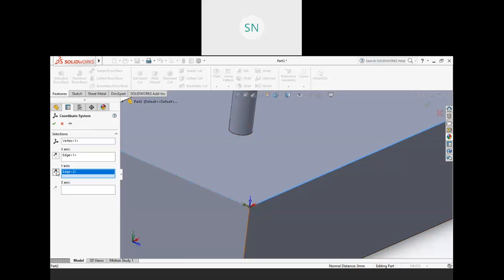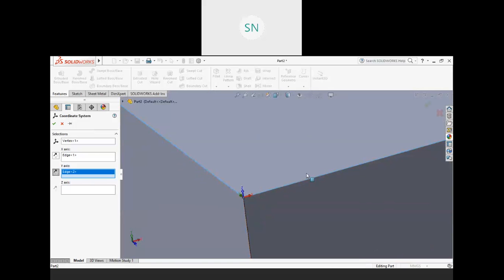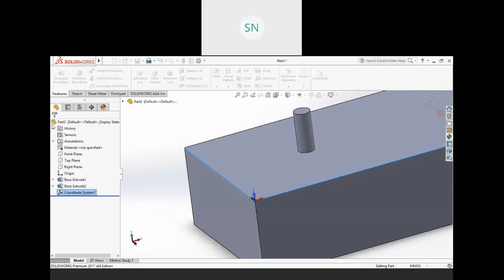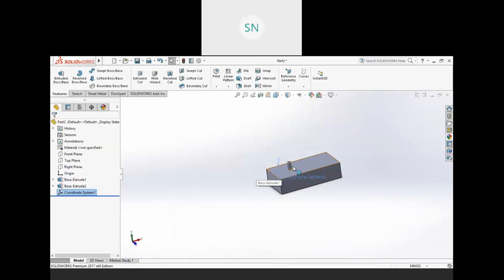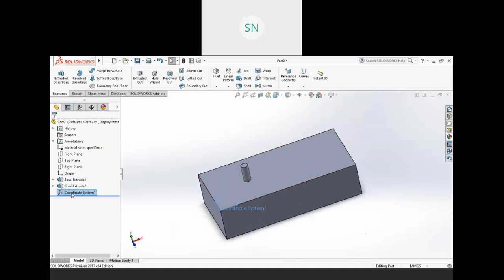So flip it. So now see, we have positive x here, positive y here, and positive z on top. So this is correct. So hit OK. So this is my local coordinate system. You can say coordinate system 1.